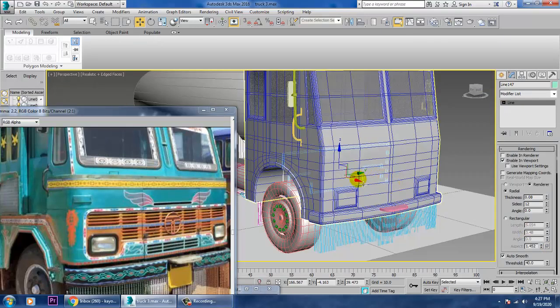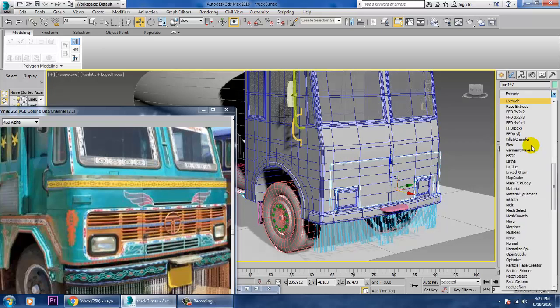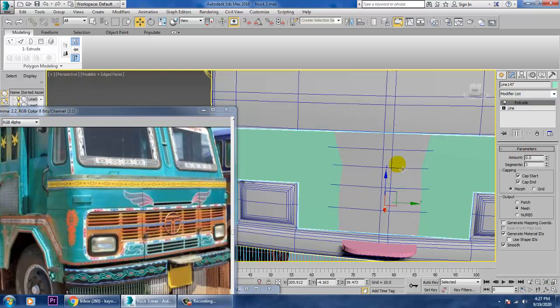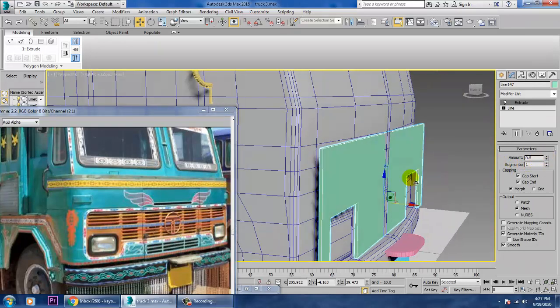Let's push this further over here, and if you want, you can just give an extrude modifier.